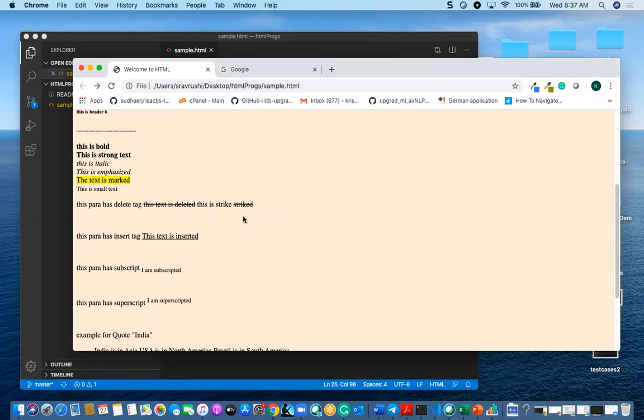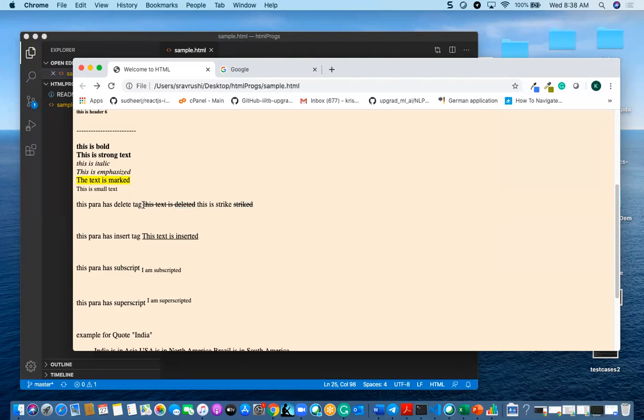They both seem to be the same, but operation-wise, delete will remove it from the document. Strike will represent the content is no longer available, but the content is still there. But the delete tag is showing, right? Yeah, delete tag is showing.